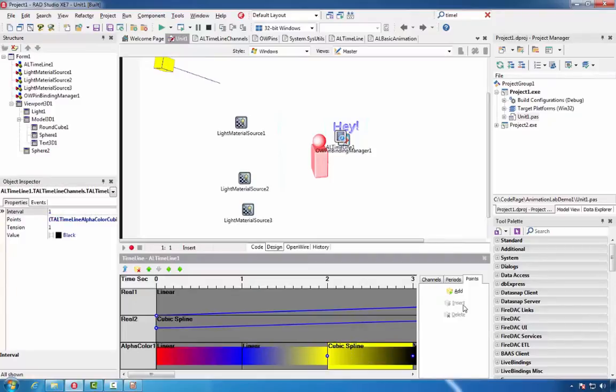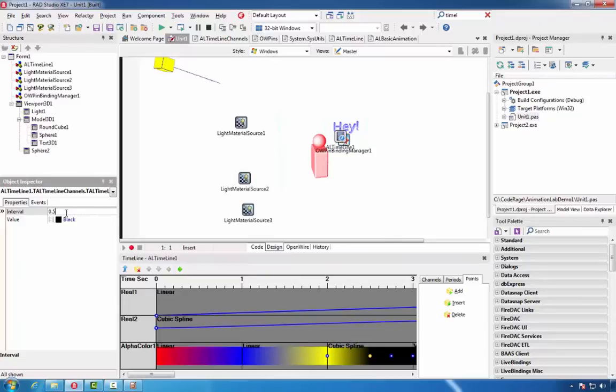For the cubic spline, we'll add 2 points. We'll set the interval for the first one to 0.8 and we'll pick some color for it.